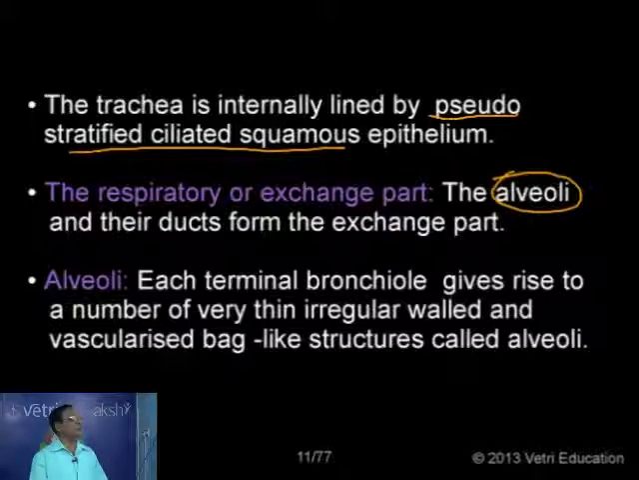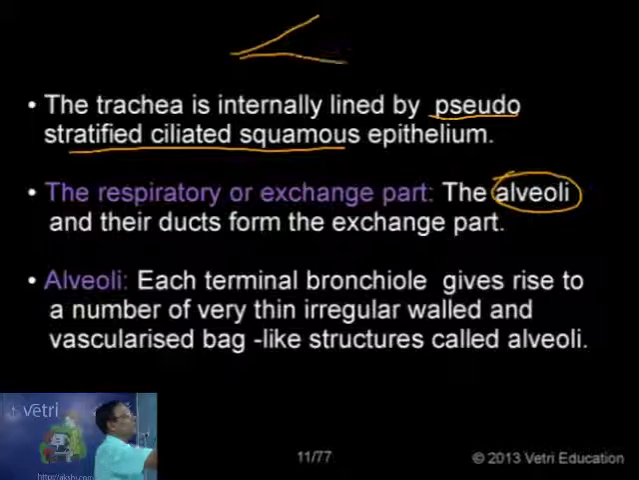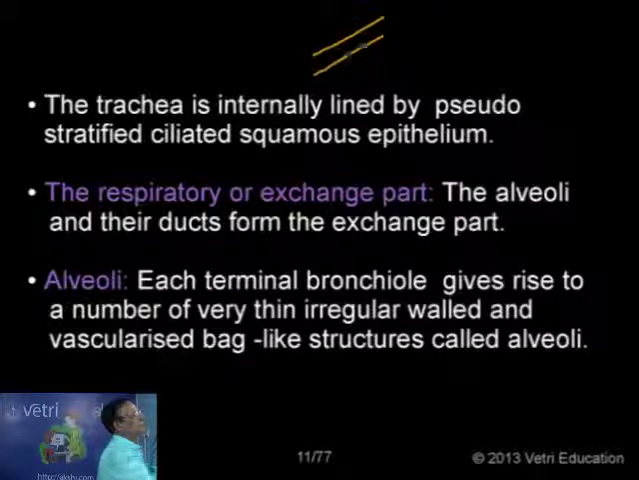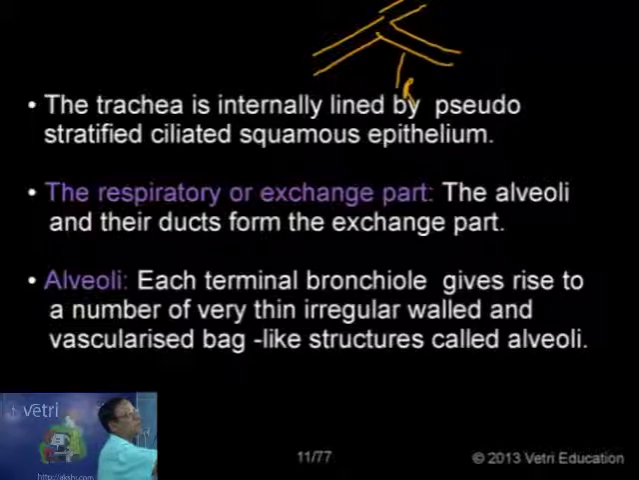So the alveoli and the ducts form the exchange part. What I mentioned earlier, the terminal bronchioles or the respiratory bronchioles along with alveoli together form the respiratory or exchange part. Now what do you mean by alveoli? We'll see the picture later. The terminal bronchiole is divided into many respiratory bronchioles. This terminal bronchiole divides into further branches, the respiratory bronchioles, which end in a group of sacs, balloon-like